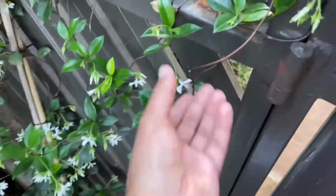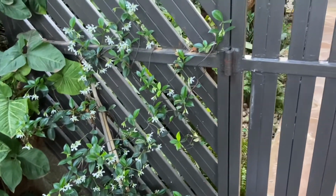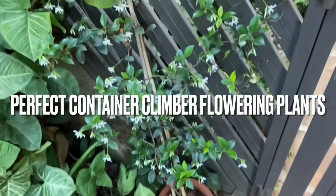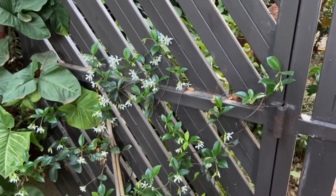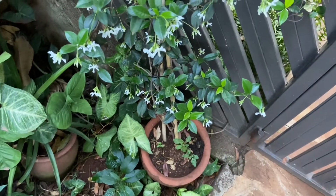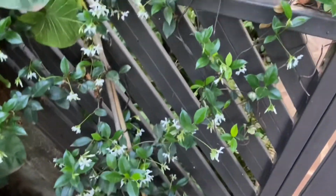And what we also use them for primarily is our fence here, growing against the gate as a fence. So jasmine plants are actually perfect container plants. They do really well in containers and they can grow up to 12 feet. And they are really winding and somewhat twining plants as well, which is really nice for using it for